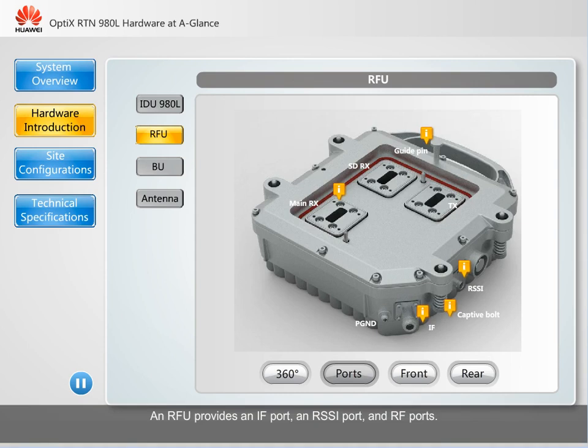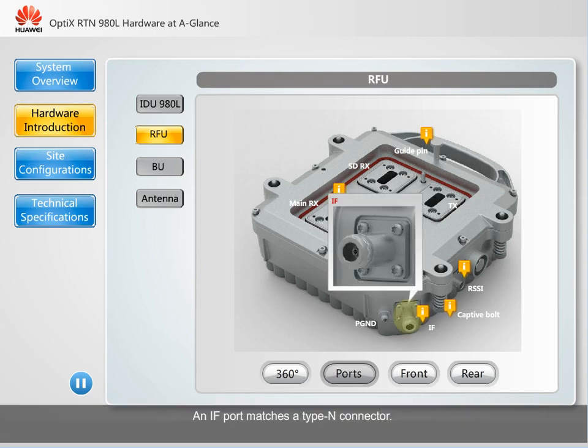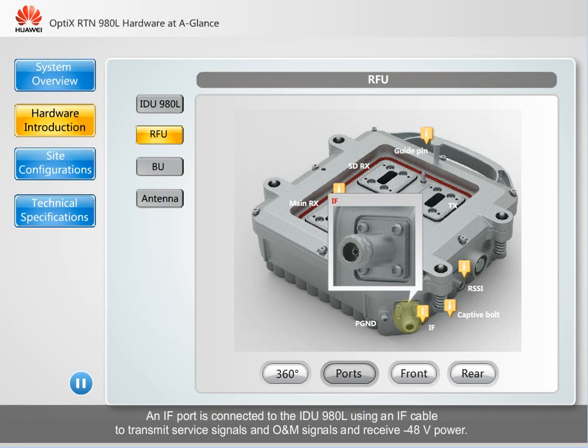An RFU provides an IF port, an RSSI port, and RF ports. An IF port matches a Type N connector. An IF port is connected to the IDU 980L using an IF cable to transmit service signals and O&M signals and to receive